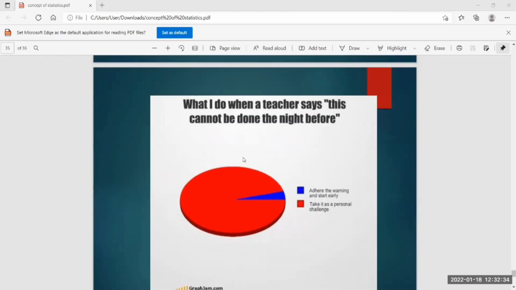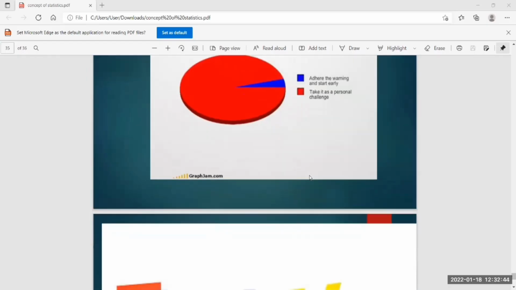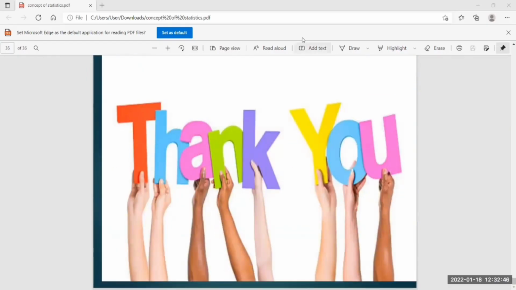What I do when a teacher says this cannot be done, so this is also a graph that shows how you have to represent your mathematical expressions. Okay, so